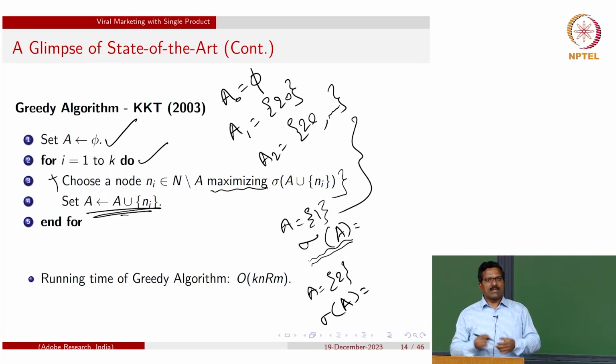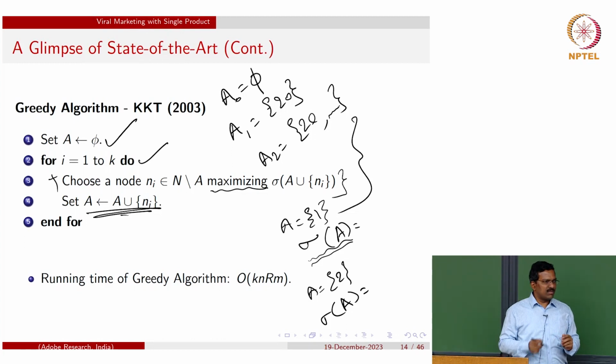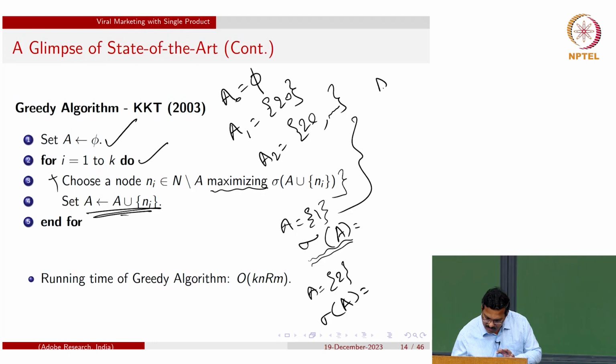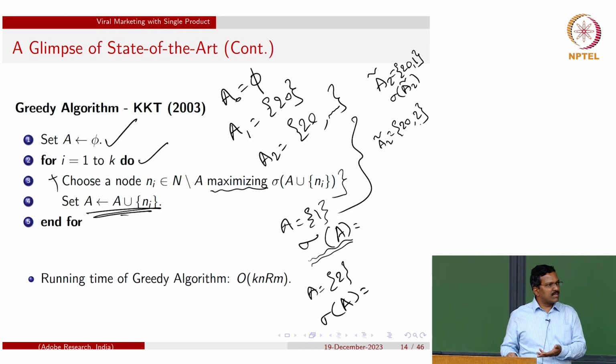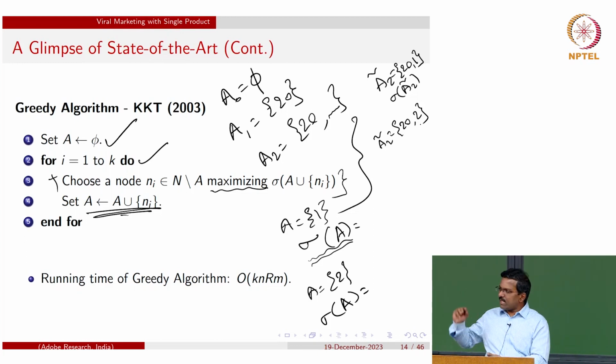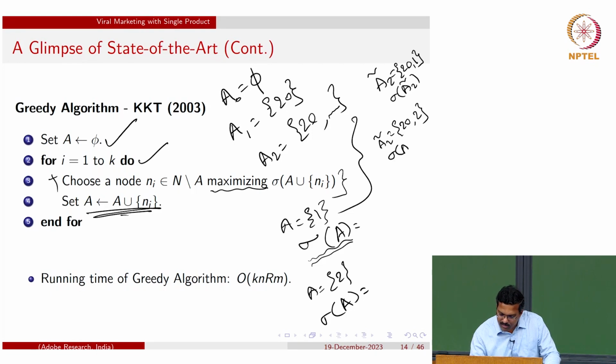So how can I know? Try with everything. Take the first node. Now your potential set will be A2 tilde. This is not the solution, you are calculating. In the second slot, along with 20, if I make 1 active, if 20 and 1 are activated, what is sigma of A2 tilde? I calculate. Similarly, A2 tilde can be 20 comma 2, the second node. Why only the first node? It can be the second node also. If 20 and 2 are my two activated nodes, what is the sigma of A2 tilde?